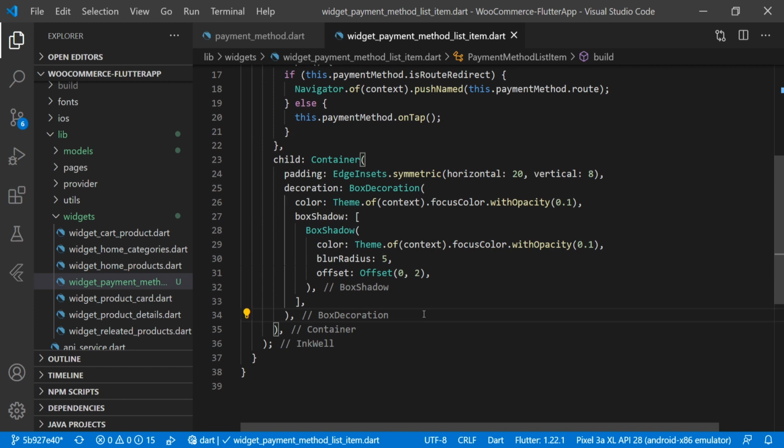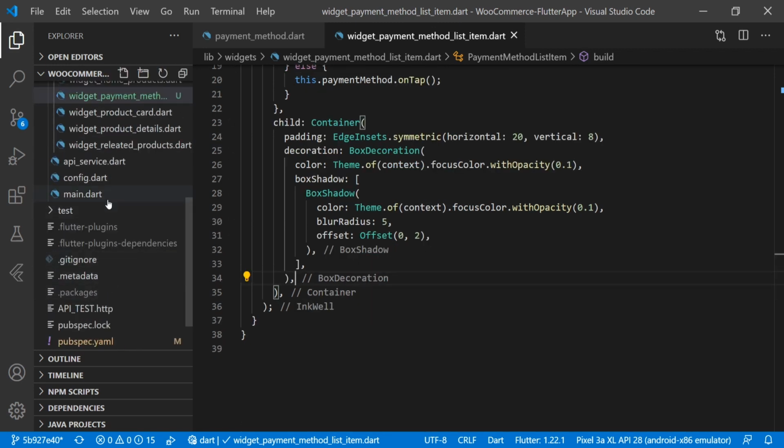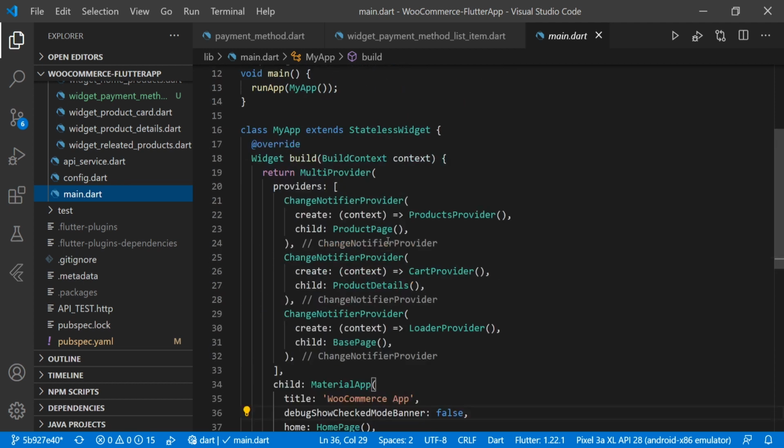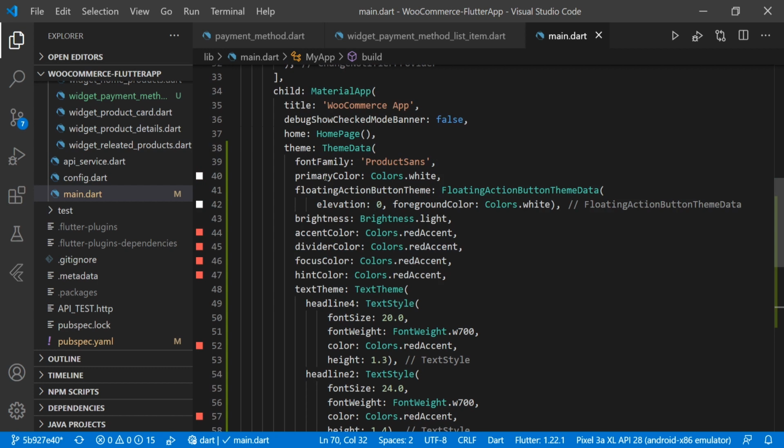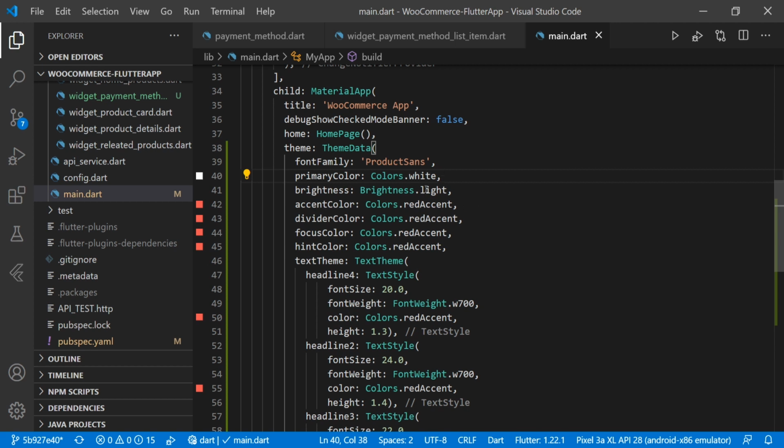So now let me show you side by side the UI design which we are doing right now. Before that, we have to modify our main.dart file, and we have to add some themes here. So here we have created some default theme here, and we are using here font family protection. Family color we are using here white.